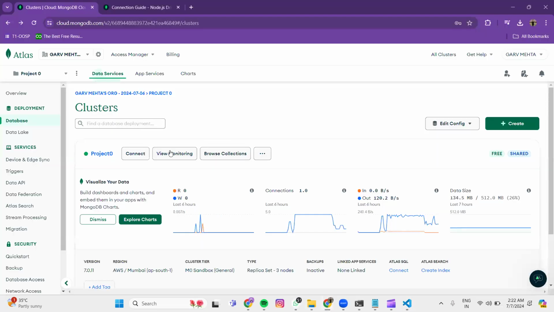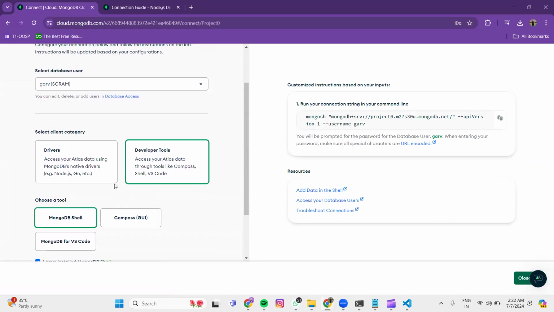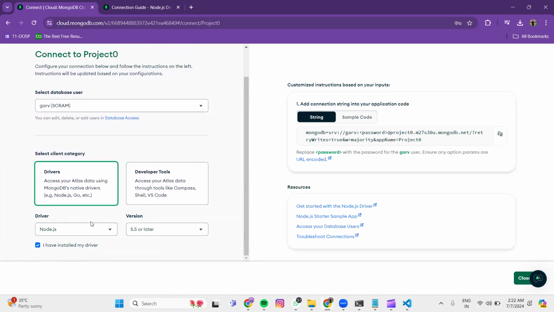And then here in a cluster, just like we can connect with shell, we can also connect with a driver. So for drivers, we select the Node.js driver and we get this. So this code we have to run on the terminal. This is what we have to run inside of a project to connect MongoDB with Node.js. So inside of the JS file,